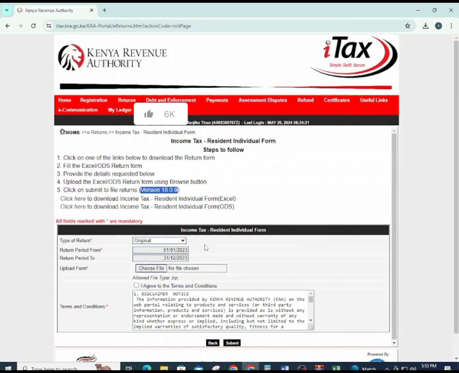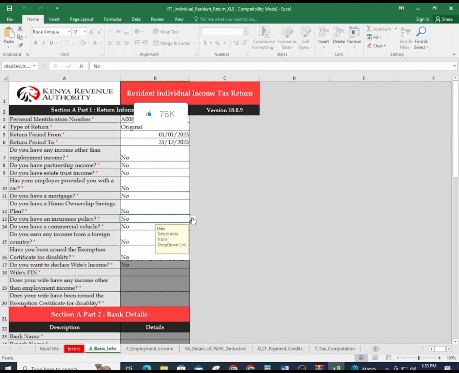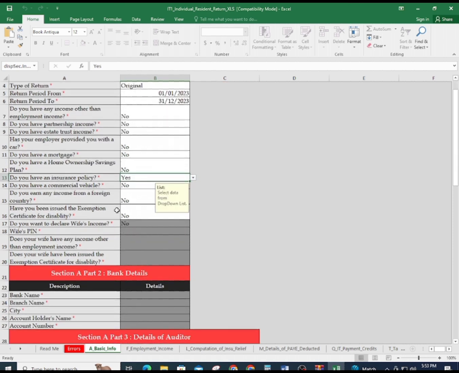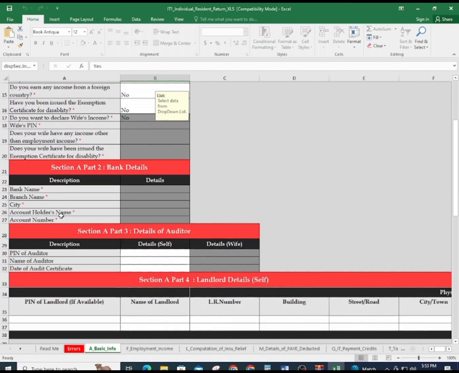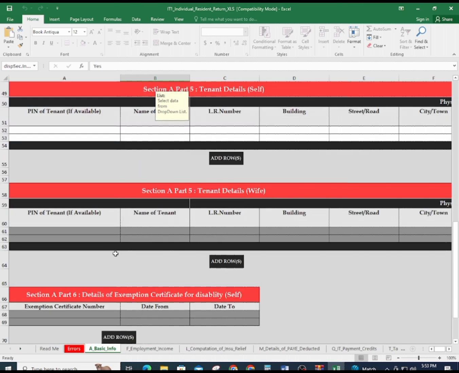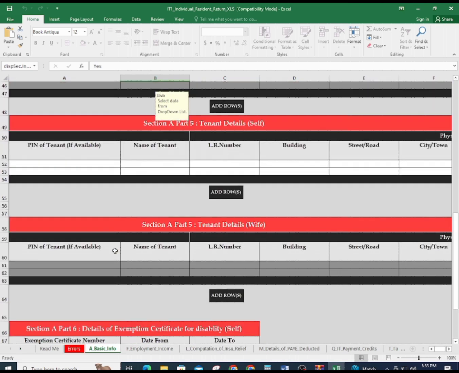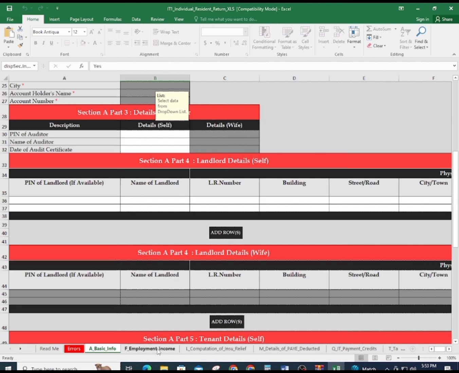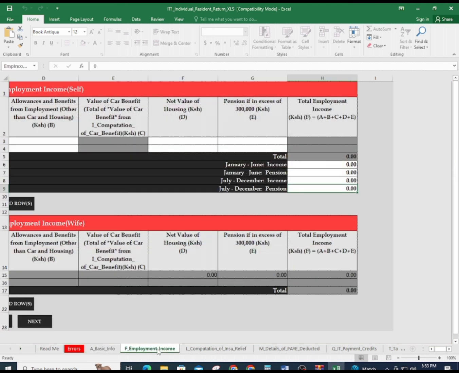So from there, you will type here for the insurance policy. You type yes, because we have an NHIF policy. So from there, no other information is needed in this page or in this spreadsheet. So we can proceed to the next